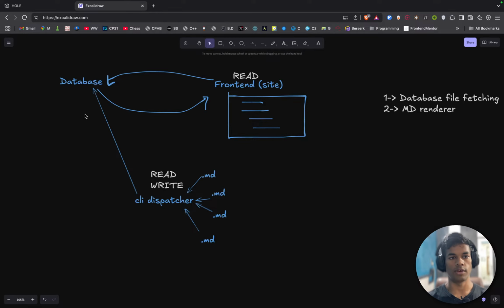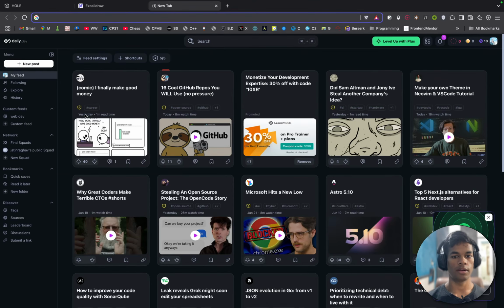Now my CLI dispatcher will take my .md files in which I have written the things that I have to write, and it will put that data onto the database. And okay, yeah, we can begin by looking at the database that we are going to use. I guess